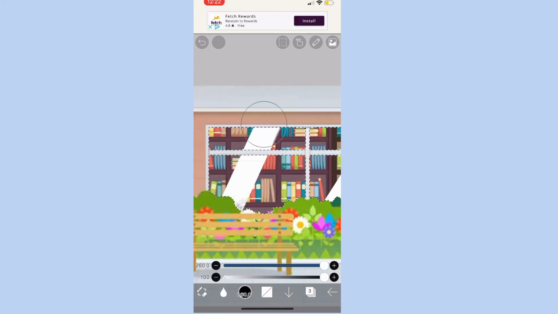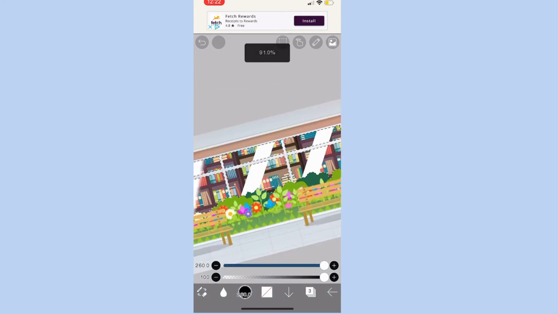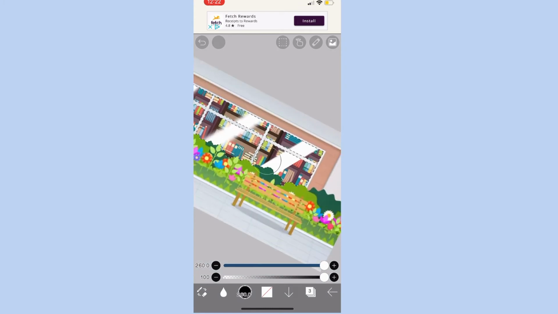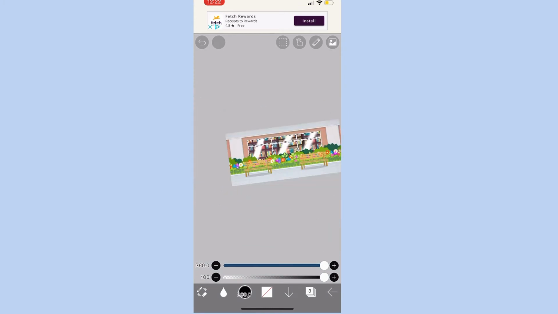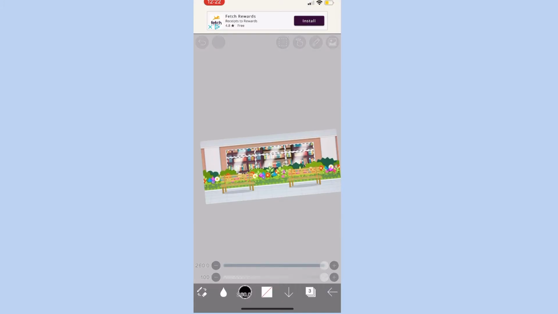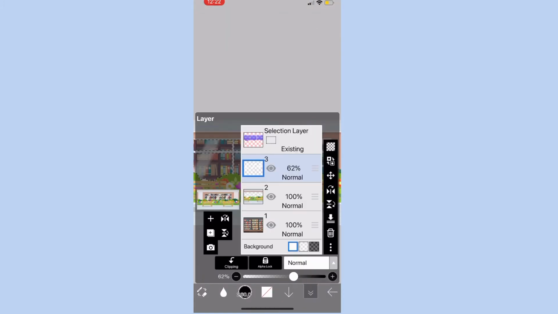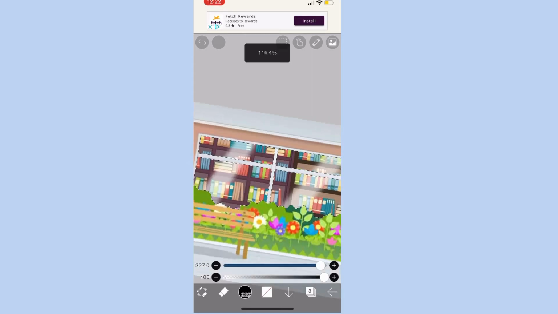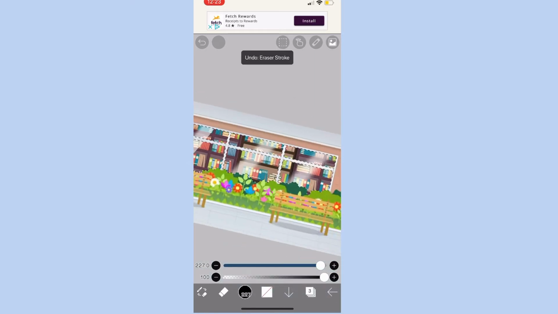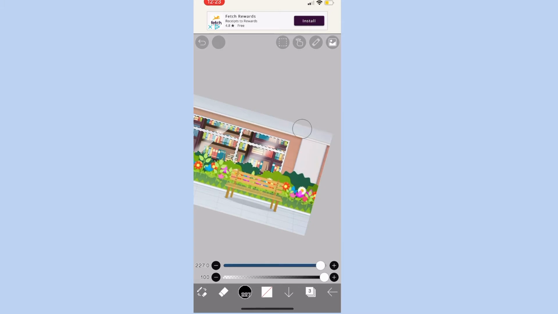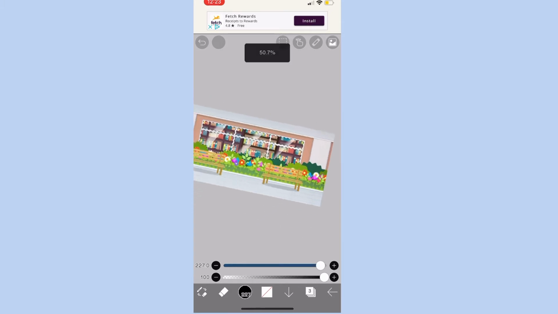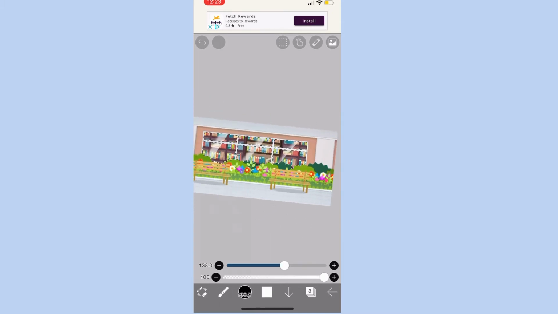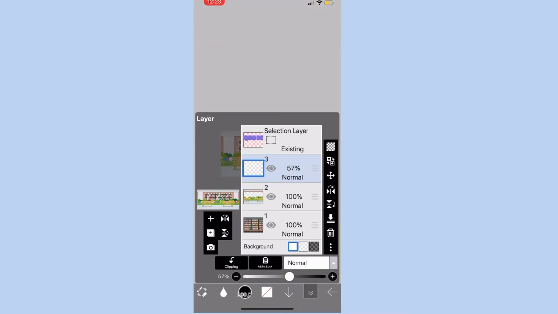You can blur it if you want, but you don't have to blur it. I like to blur it a lot because I like it when it's more subtle. So after you blur it, you're going to reduce the opacity of it. And you can make each one kind of smaller than the other ones, like this. I'm going to go back to the blur tool real quick, and I'm going to blur everything. Okay, after you do that,